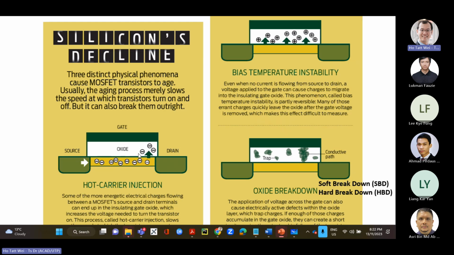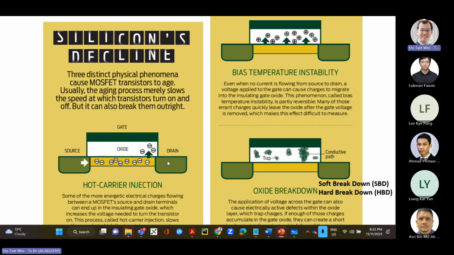So here you can see a diagram, a cross-sectional view of your MOS transistor. This is your source and your drain with the doping. Then you have your channel. So this is N, this is P, this is N. If this is P dope, this is N dope, this is P dope. Then you have your silicon oxide layer, and then you have your gate, your polysilicon gate, right? And if you apply a gate to source voltage, you actually create a conducting channel here. And that's how your transistor becomes conducting.